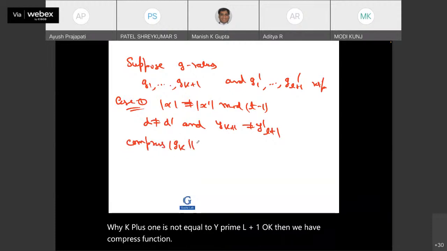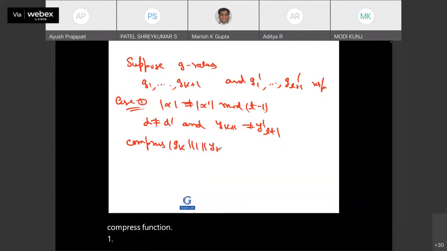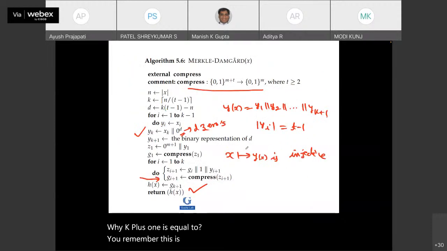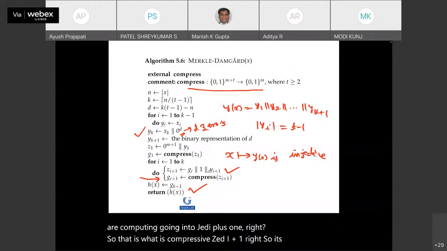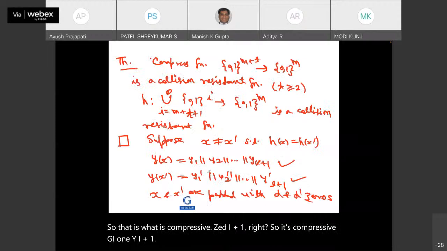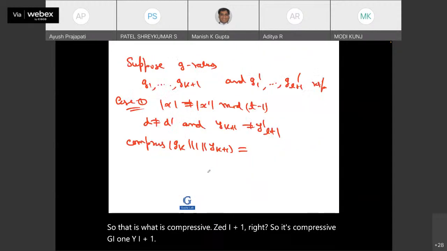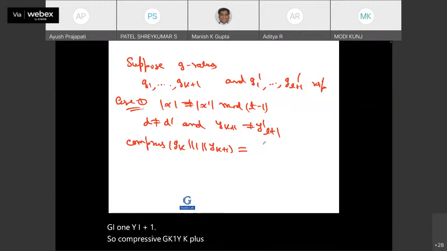Remember, this is what we are computing in the algorithm, going into z(i+1), so it is compress of g_i concatenated with y(i+1). So compress of g_k concatenated with y(k+1) will be g(k+1), which is equal to hx,